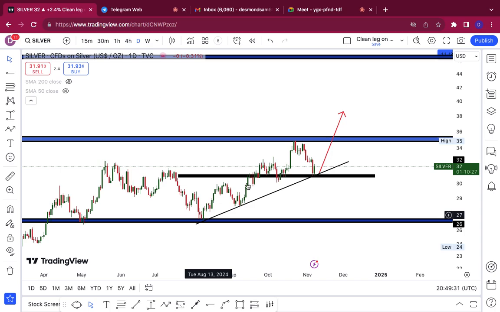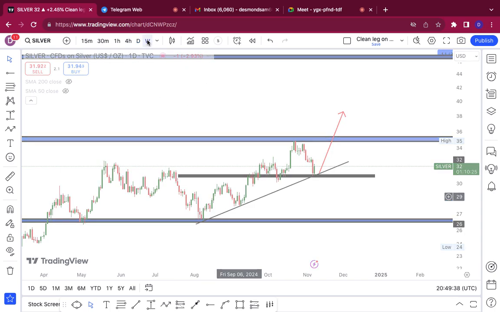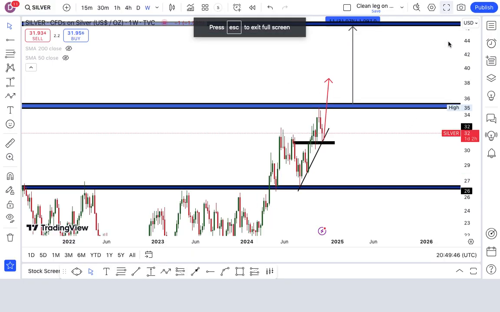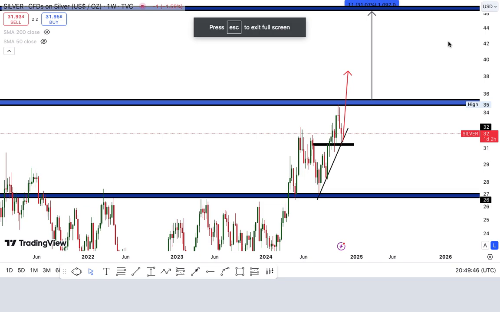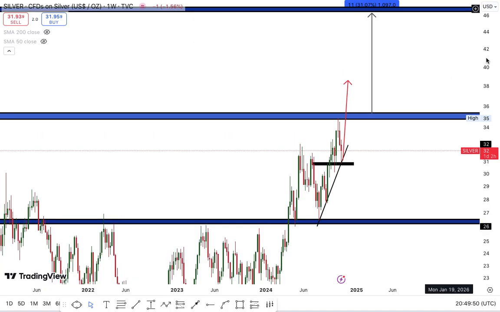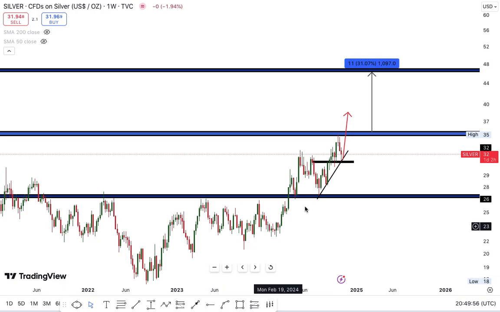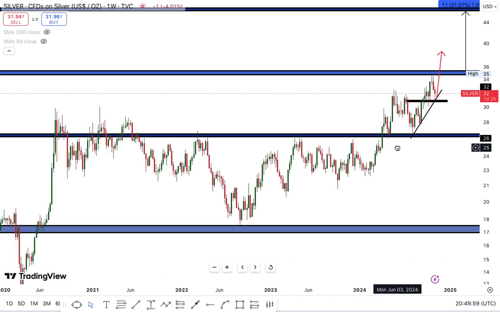Now, first of all, I did my analysis on the weekly time frame. I could see that overall the major time frames here were pointing bullish, in the sense that if I come on the weekly time frame, I can see some form of inverse head and shoulders pattern playing around here. So this is the head, shoulder, neckline break. So this was more or less a bullish pattern.